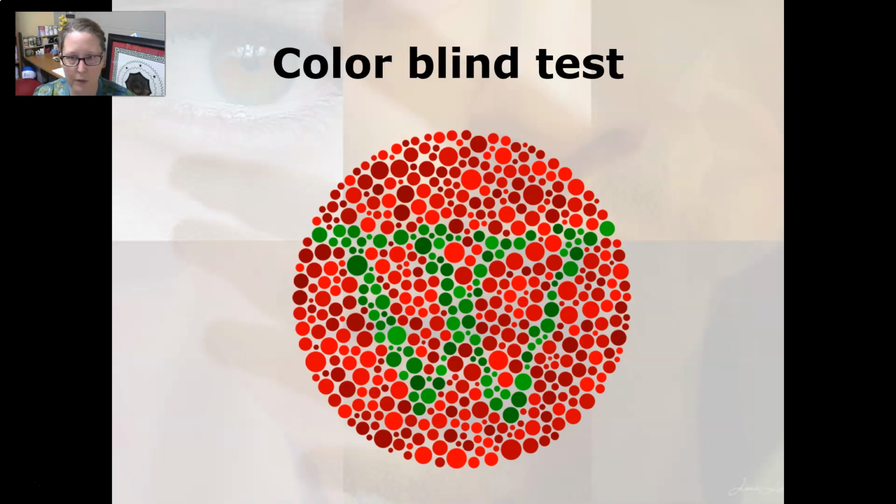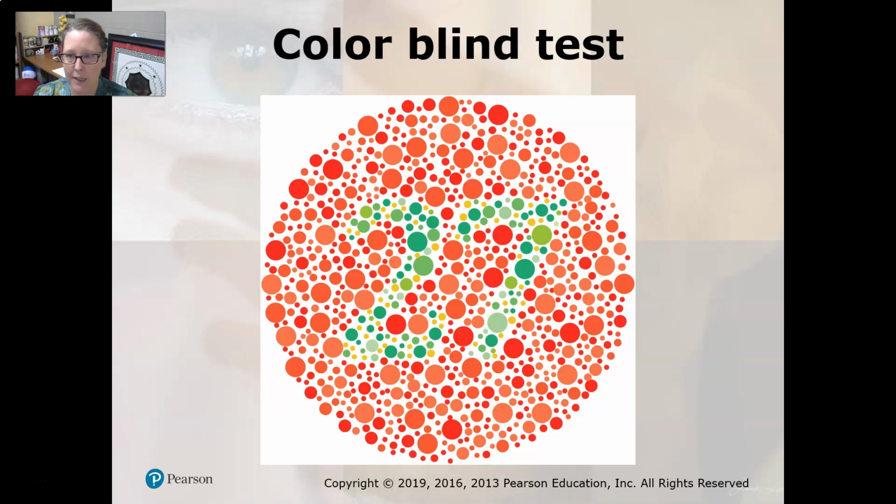This is an example of a colorblind test for red-green color blindness. In this picture, just in case you can't see it and you do have red-green color blindness, you should see a green W in a red circle, and these are all dots, right? And then in this one, it's a green number 27 in a red circle.